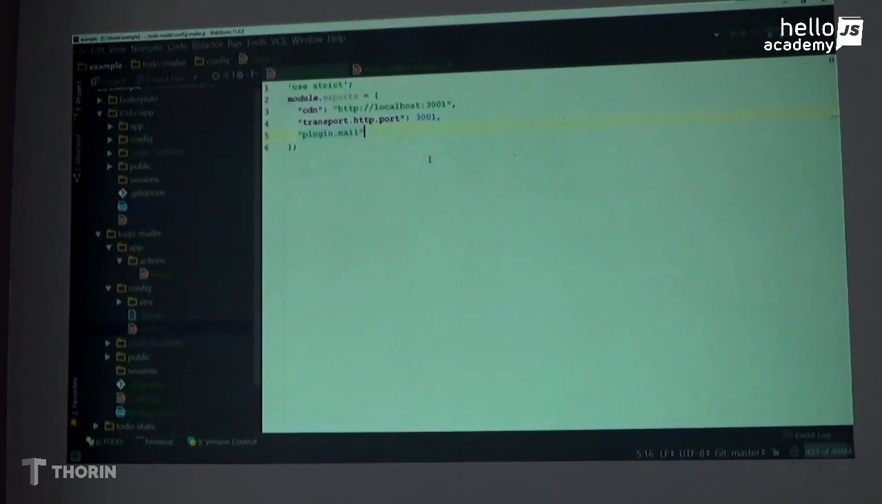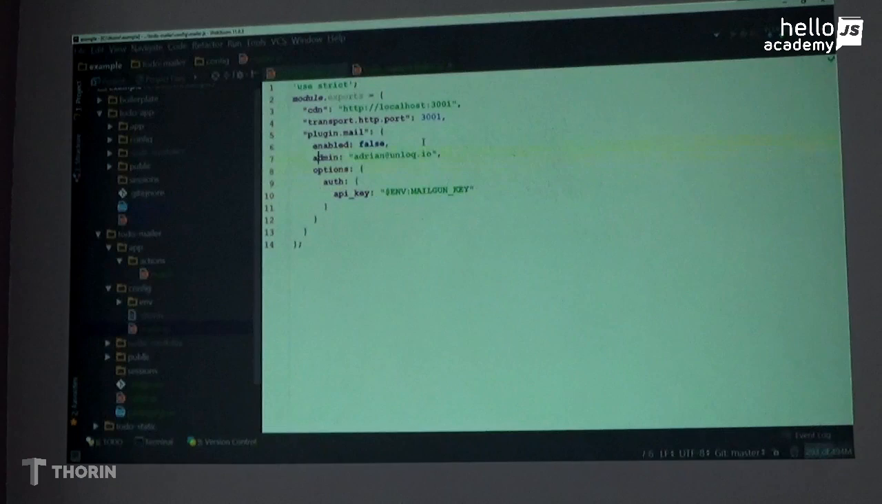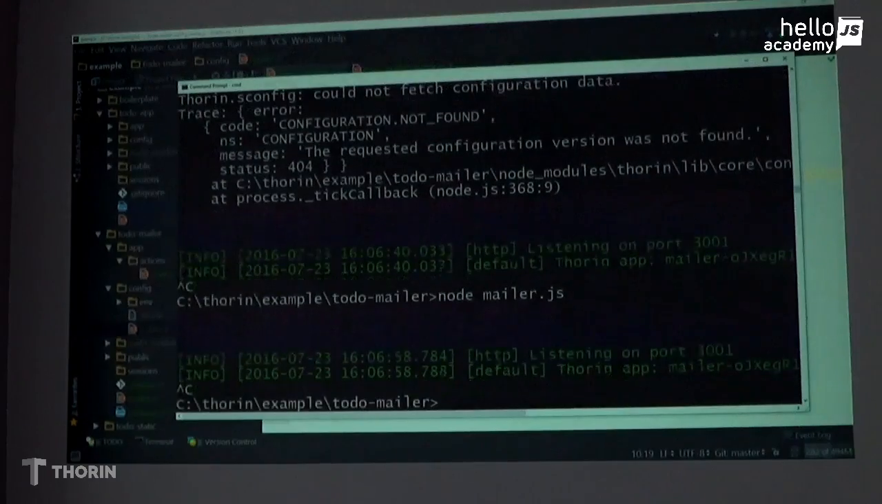I want you to use... I'm just going to copy some configuration here. I want you to be disabled for now and use this administrator email and use these options to work with mail.app. So this is going to be blank for now, and if we restart,